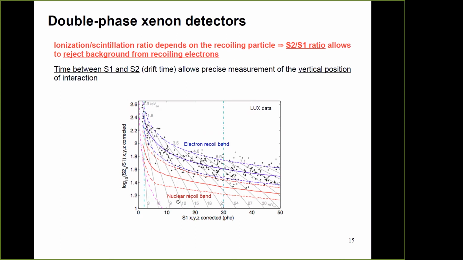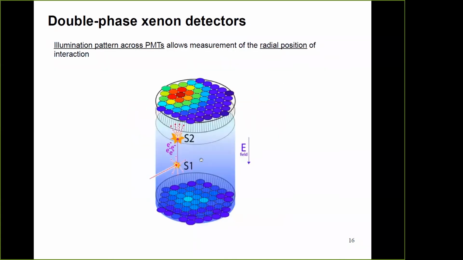We can discriminate between these two populations. This is important to reject the majority of electron recoils and have a signal region that is cleaner. And in addition, I mentioned that we have some vertical position information, but because we have